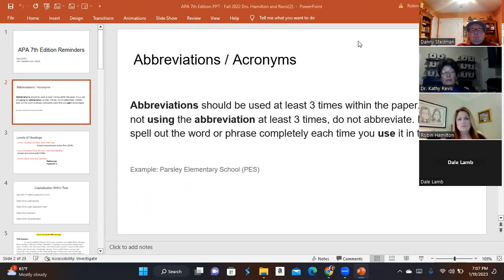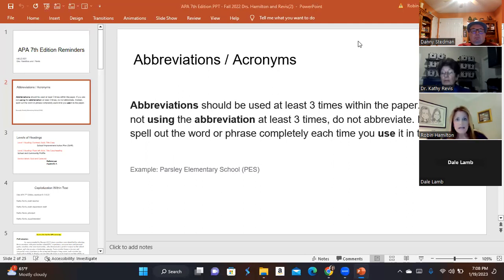So if you're going to use something at least 3 times within your paper, and we mean your entire paper, then you're going to want to use the APA for an abbreviation or an acronym. If you don't use it at least 3 times, then there is no need to abbreviate, because it's not going to be used frequently enough for someone to remember what it stands for. So if you use it less than 3 times, you're going to just spell it out. But if you're going to use it more than 3 times and you think, oh, I don't want to write out Parsley Elementary School